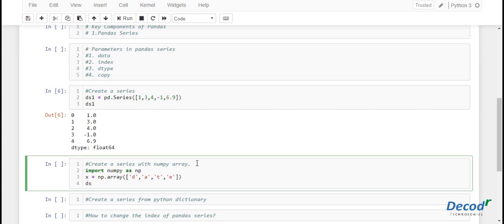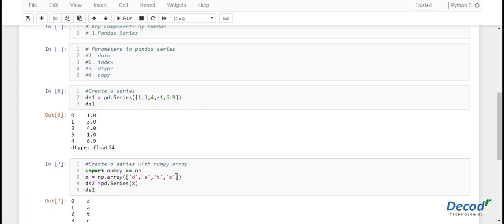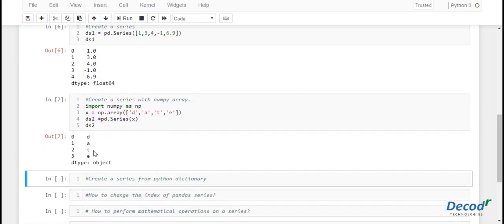Now let's create a series with NumPy array, that is x. So you have to type pd.Series, the same function where you pass the NumPy array as parameter. And now let's display the pandas series. So you can observe the pandas series using NumPy array.